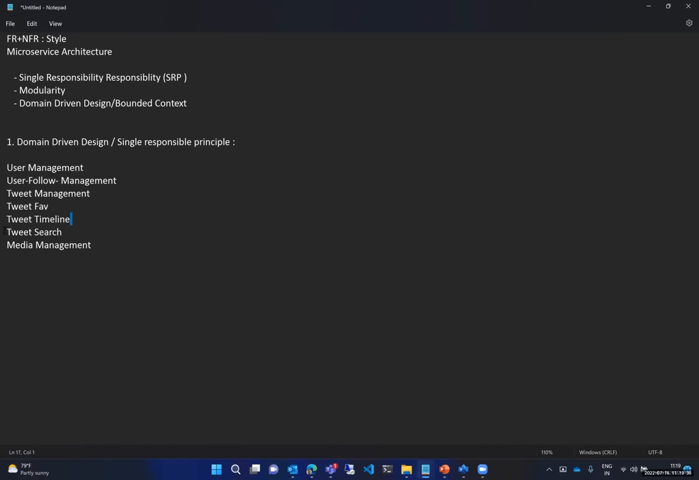And the requirement is we need to have timeline generation. I mean, on a timeline, we need to see the tweets your friends have tweeted. That's timeline generation. And also we had a search functionality. We can search for tweets and all those things. Media management: there was a requirement saying that the tweet can be audio or a video as well. So based on the requirement,